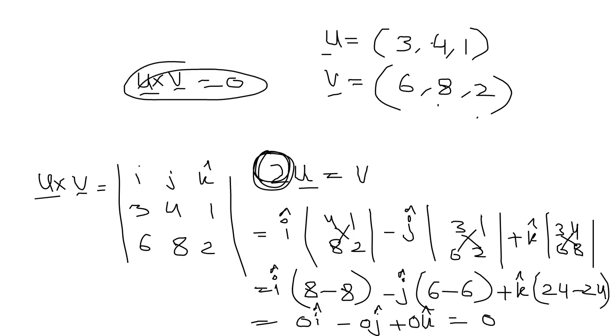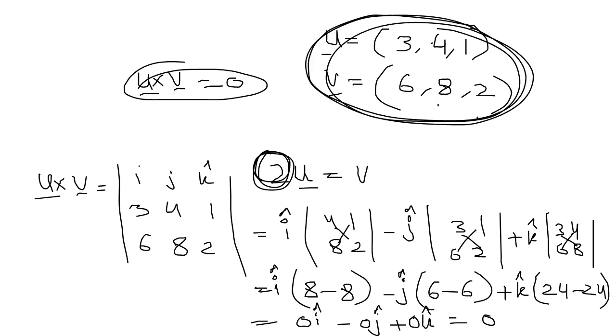So it means if you can find that one vector is a multiplication of another vector by any scalar, then there is no need to do the cross product. You can simply write that this is equal to 0, because if you multiply by a scalar, for example the scalar 2, that gives me another vector, and that means these two vectors are parallel to each other, and when the vectors are parallel, their cross product is equal to 0.